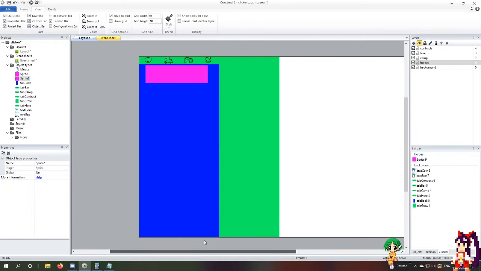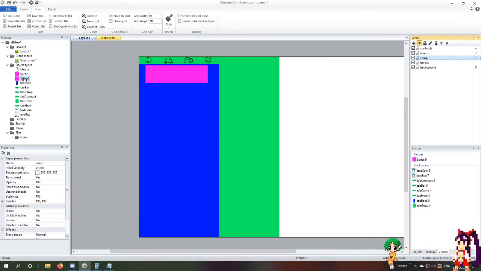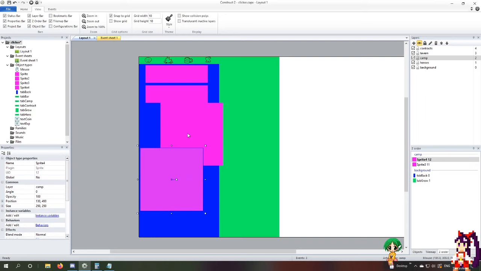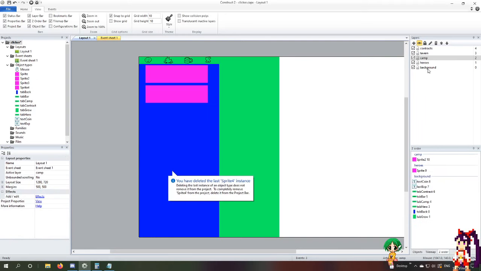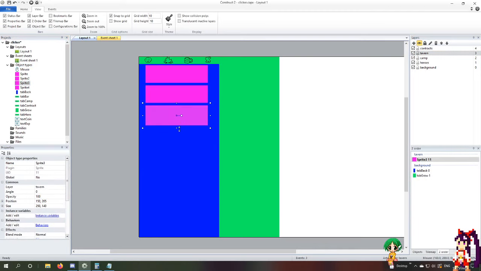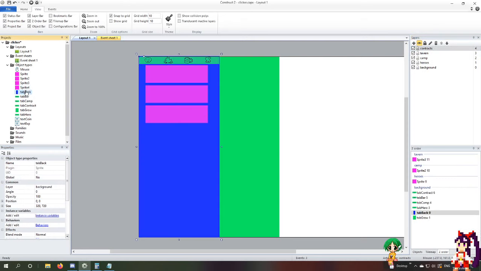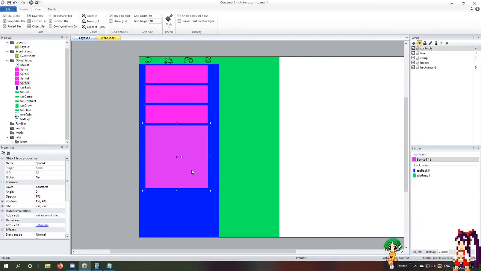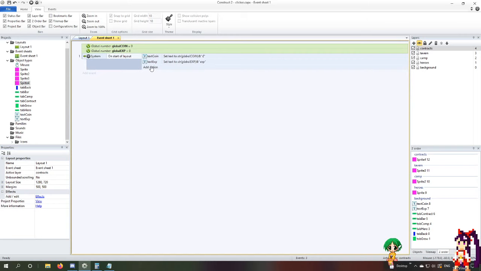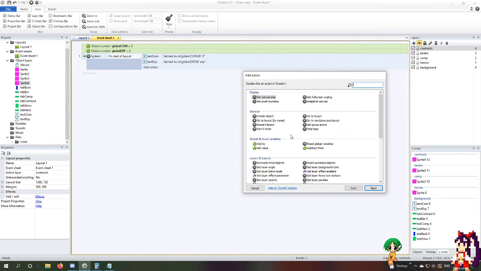I didn't put it over there. Okay, Tavern gets 3. Contracts gets 4. Let's see here. So on start of layout, we also want to